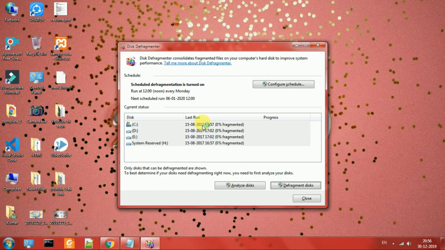Select all the drives if you want to defragment them, or you can do it one by one because this is going to take some time. You can do analyze disk. While it's analyzing these drives,